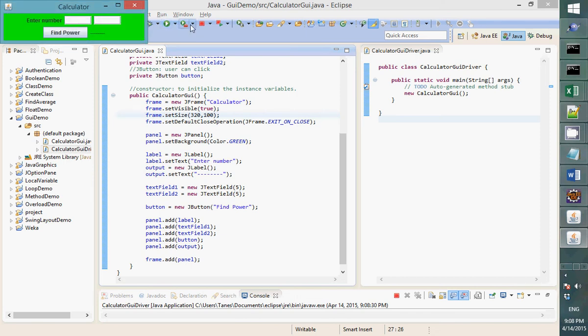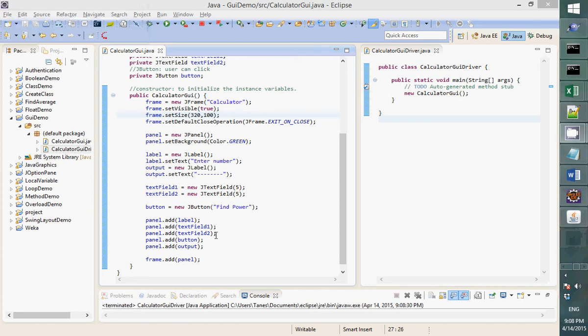Okay. 2 to the power of 2, right? Something like that. When I hit 5 power, I should give you the answer here. Alright, so I think it's actually called exponent, right? Or we can do find product if you want to, right? So when you multiply two numbers, we get the answer. Now,